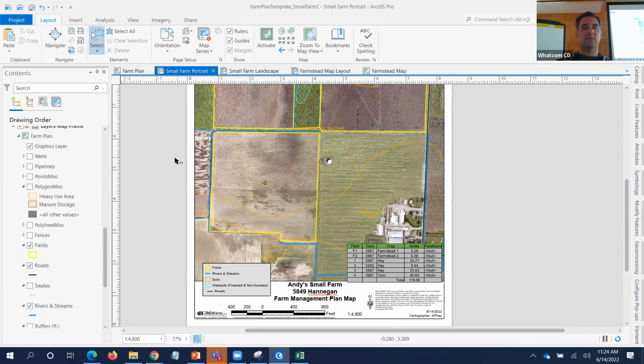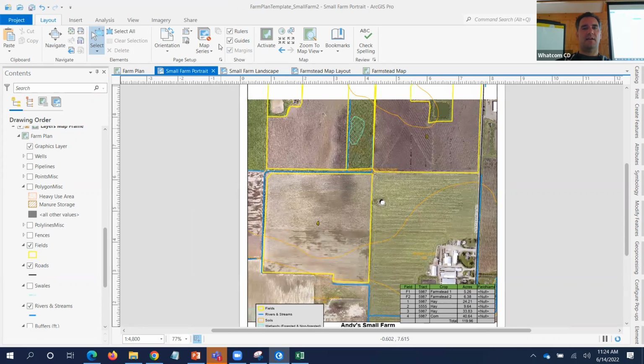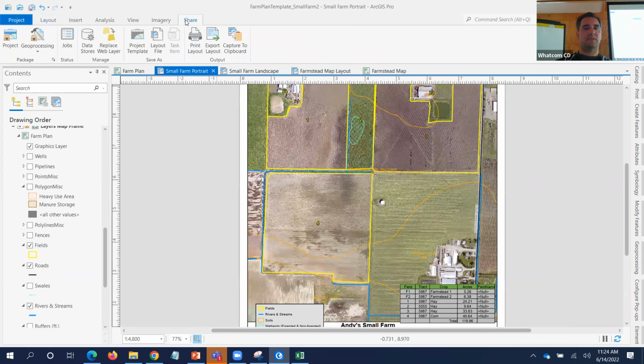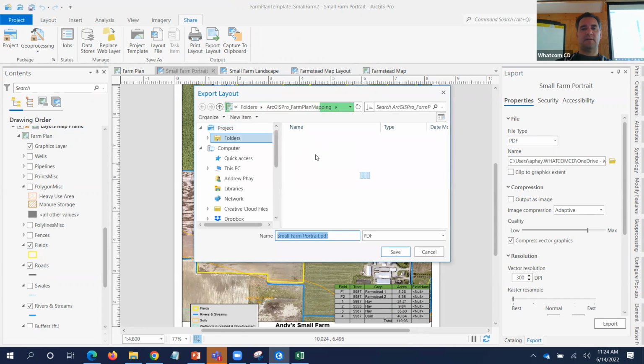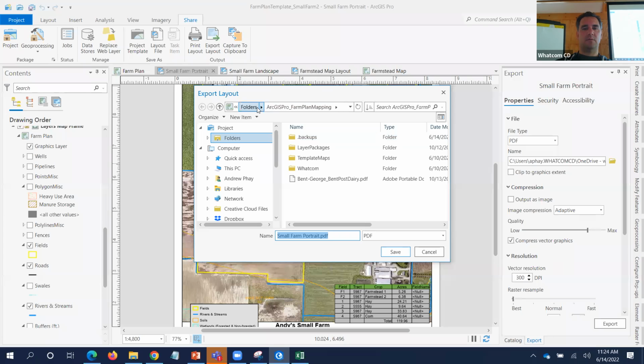So if I had the entire attribute table filled out, and you can see I have nulls on the table, I might as well go up to share, export, and export a PDF. And yep, which folder am I in? Yes, I'm in the right one. And I'm going to put